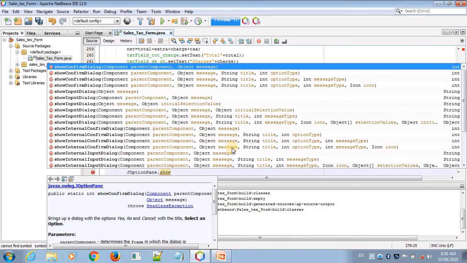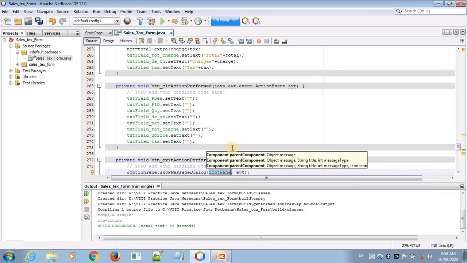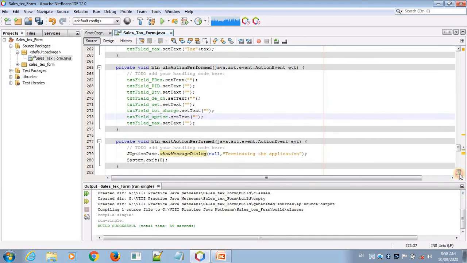Okay, so message dialog. The control panel is first, it is null, with the message terminating the application. Okay, so dear students, our code is completed.